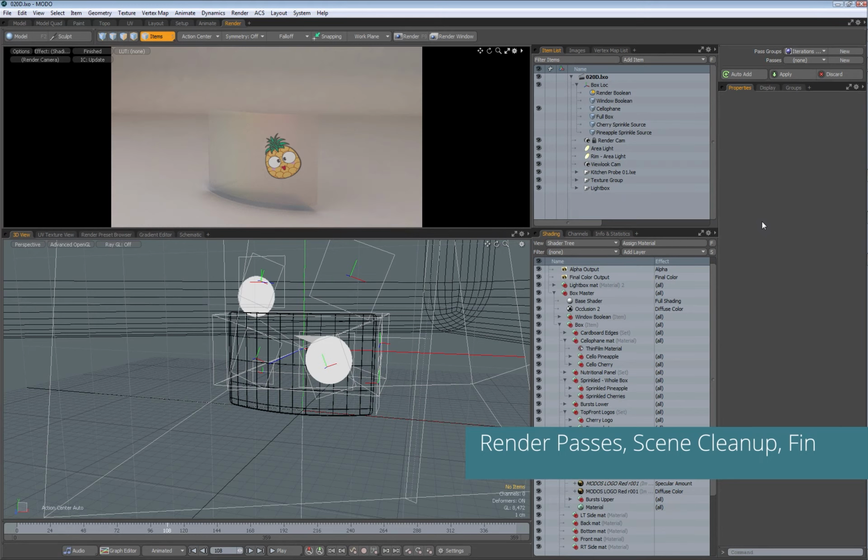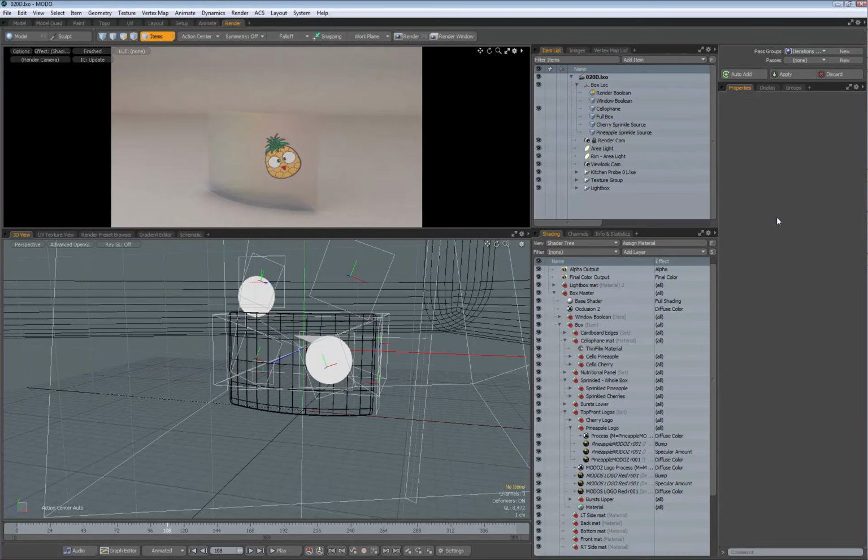Looking good. We are nearly completed here. And one thing I want to do is to clean up the scene before we actually start setting up our passes. We have quite a few texture locators here. Some are most likely not being used. And without having to parse your entire scene and figure out which ones you are and are not using, there's